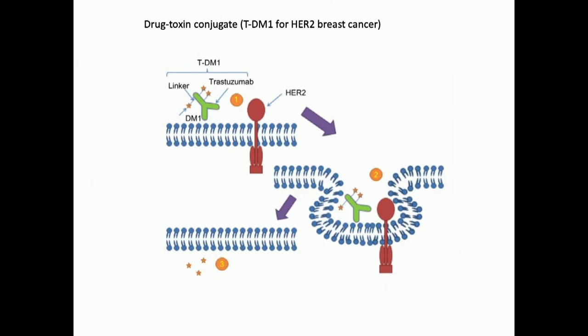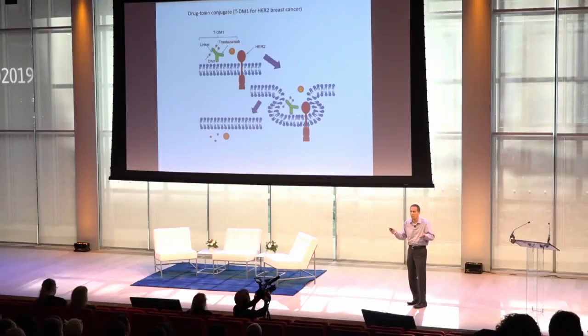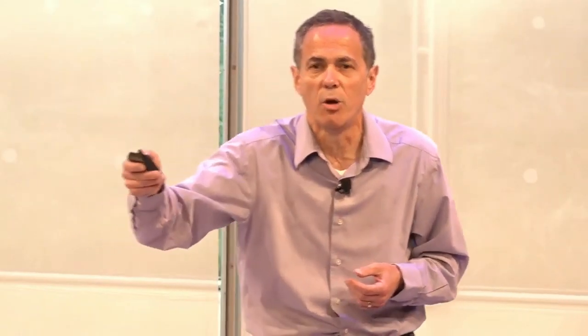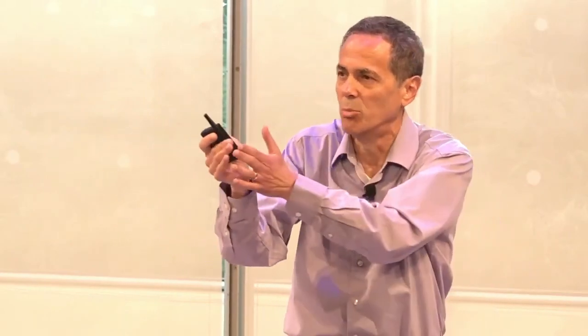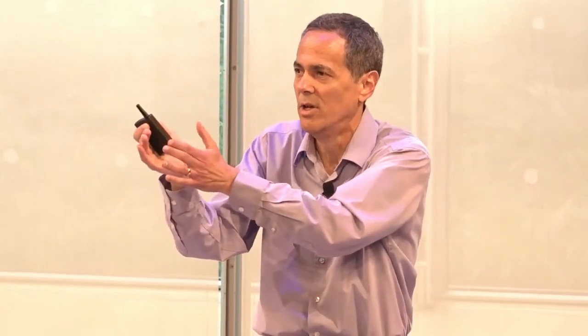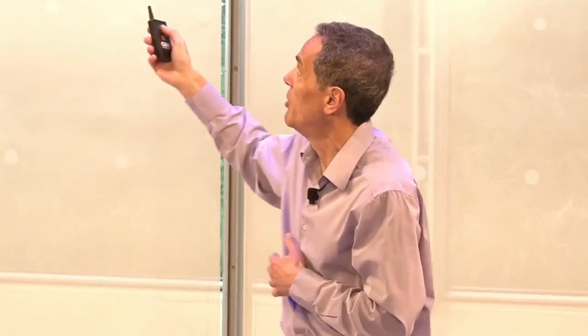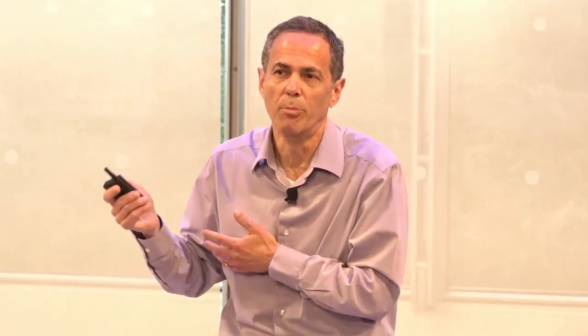That's not the way it works. It doesn't do that to human cells either. So what we did, and again, this is based on the lessons from cancer, where people have taken targeted therapies and rather than just relying on the targeted therapies have hooked up a poison or a toxin. So this is the magic bullet where you drive the toxin directly to the cancer and avoid normal tissues. This happens to be a drug called TDM1, which is an anti-HER2 antibody, with a drug called mitansine, which